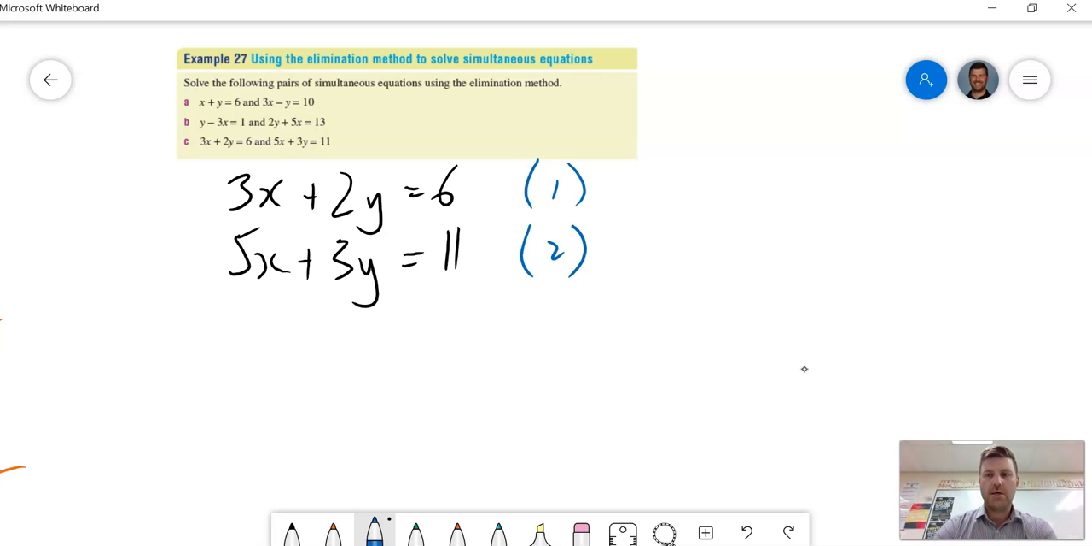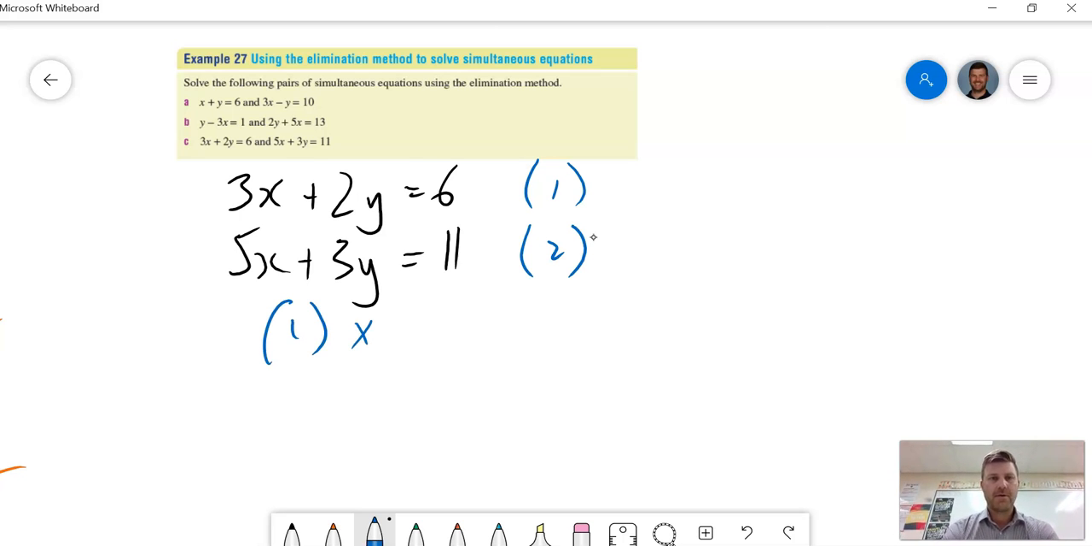Now, again, I don't have any matching pairs. The x values have a different coefficient, 3 and 5. My y values have a different coefficient, 2 and 3. And if I multiply one of these equations by a factor, I'm still not going to get a matching pair. So what I need to do is multiply both of these equations by a factor to come up with a matching pair. So I'm going to multiply equation 1